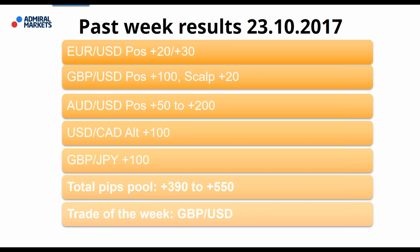and that were excellent to trade. Euro dollar positional trade was good for 20 and 30 pips. Pound dollar was good for a possible 100 pips. Scalp trade was good for 20 pips. Then Australian dollar positional trade was also good for 50 pips, but if you let it go, because it had huge momentum, you could have made almost 200 pips. Dollar CAD alternative trade, 100 pips possible. Pound yen also, guys, 100 pips possible. Total pip pool 390 to